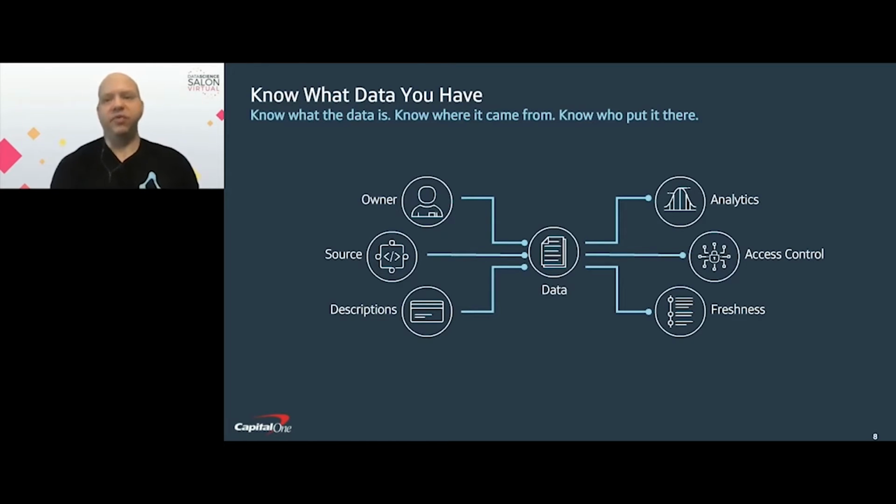And finally, one of the more important things for all of the data science users out there is understanding things like freshness. So I use freshness here as a stand-in, but it ultimately becomes something like, how often is this feature updated? How suitable is it for use in my machine learning model? Is this the sort of calculation that I'm actually looking for? Or do I need something that has more accuracy, is updated more often? Knowing these sorts of things ends up being the most important foundation to build the platform on.